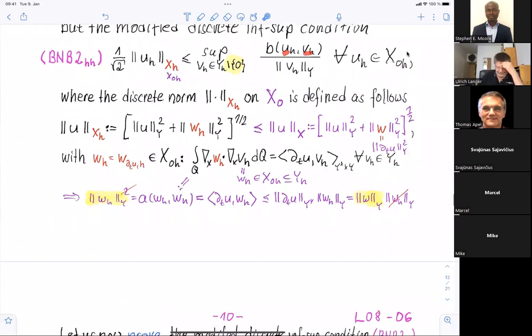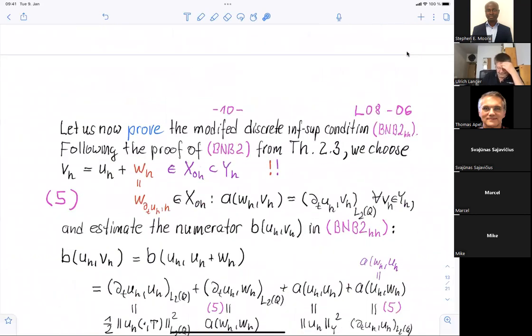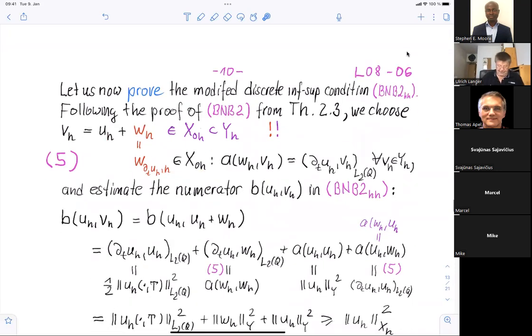And what we take for the v is u_h plus w_h. And w_h is again the Riesz representation in the finite element space. In the infinite dimensional inf-sup condition, you need the Riesz representation without this h, so in the full space, and you can do the same. So let's assume that for a given u_h, we take this, and then we have an estimate from below, and we can estimate